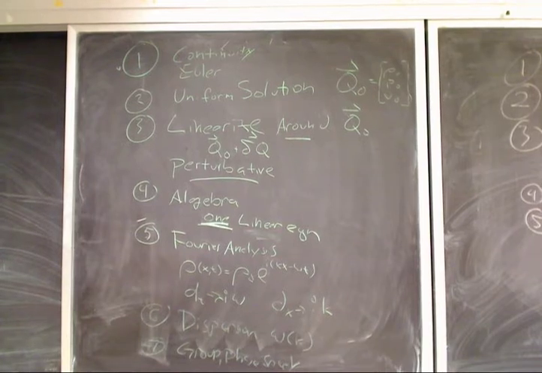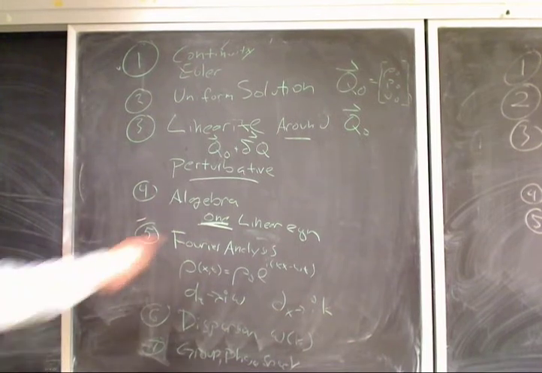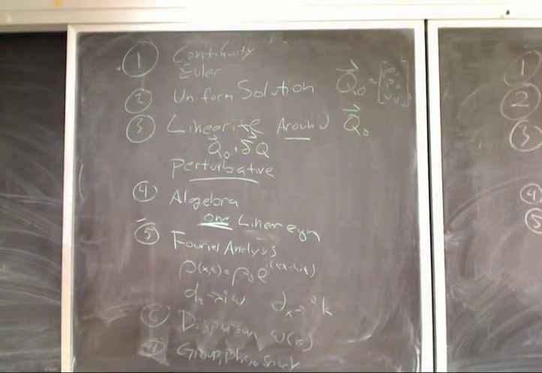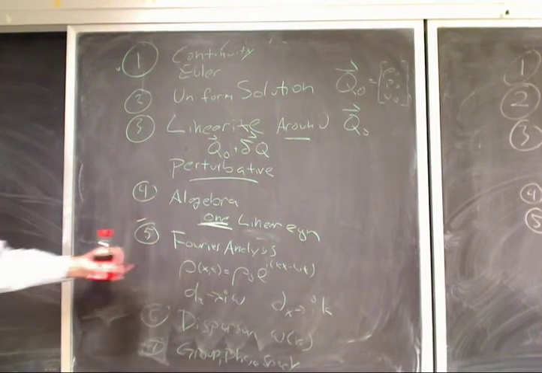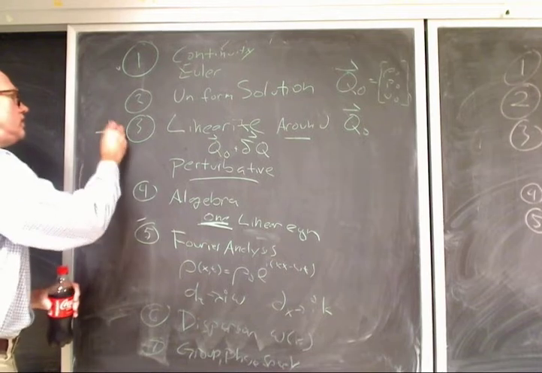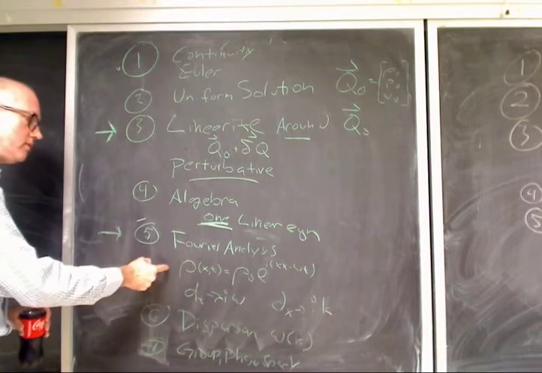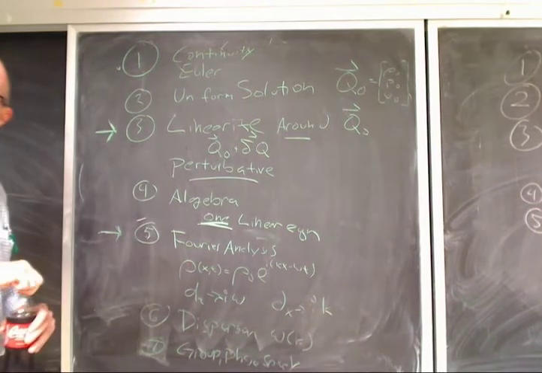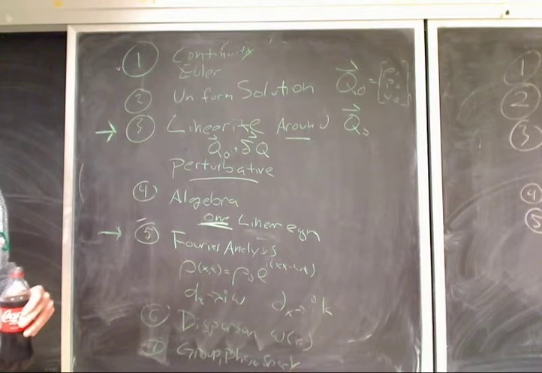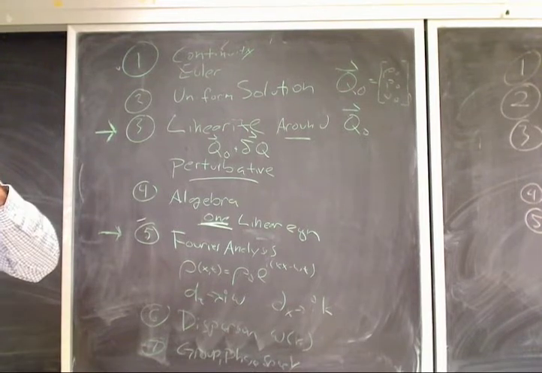So when we did sound waves, we did a bunch of things. It's not a ton of things, but it's a lot of different steps when you spell it all out. So I linearize, which means get rid of all of the nonlinear terms, all of the higher order terms, which puts constraints on my solution. That means my delta can't be very big. And then I do Fourier analysis. That's really the important bit. The important steps are linearization and Fourier analysis. The only reason that Fourier analysis works is because we linearized. If you try to do Fourier analysis without throwing out the nonlinear terms, it goes south.